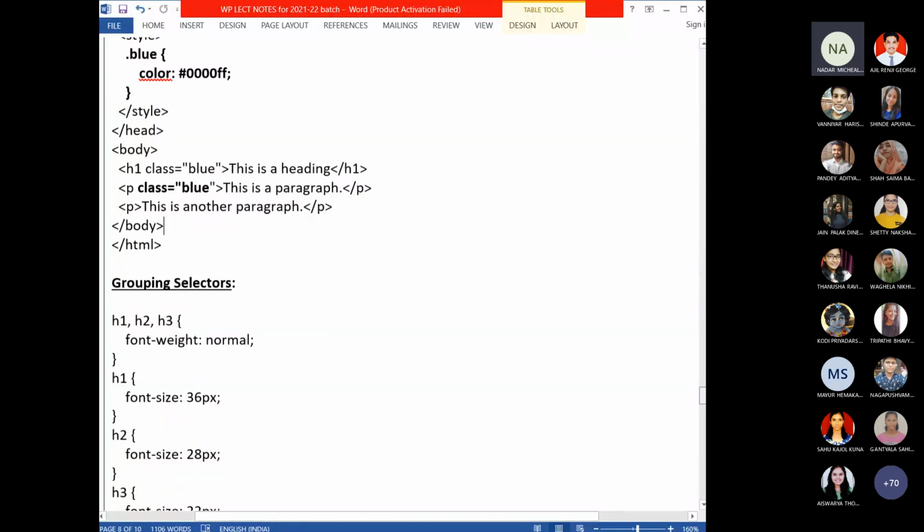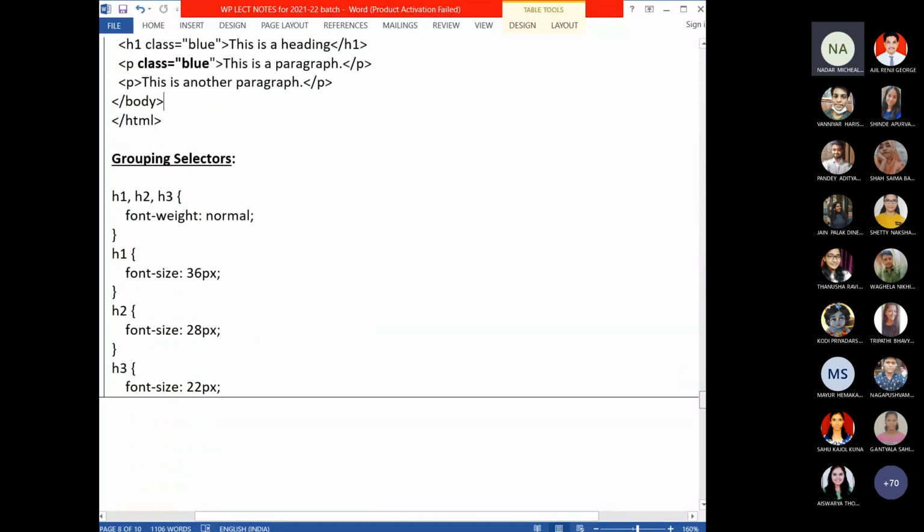We have another type of selector called grouping selector. For example, for H1, H2, H3, these three tags I want to write some common style definition. At the same time, H1, H2, H3 will have some different style definition too.